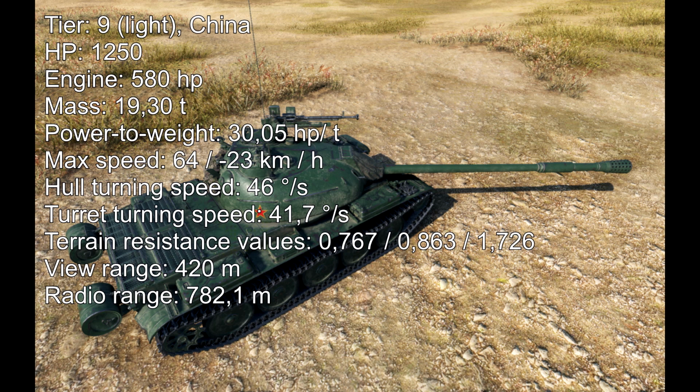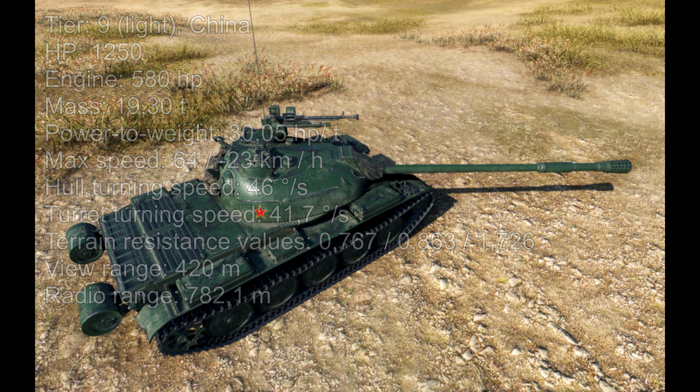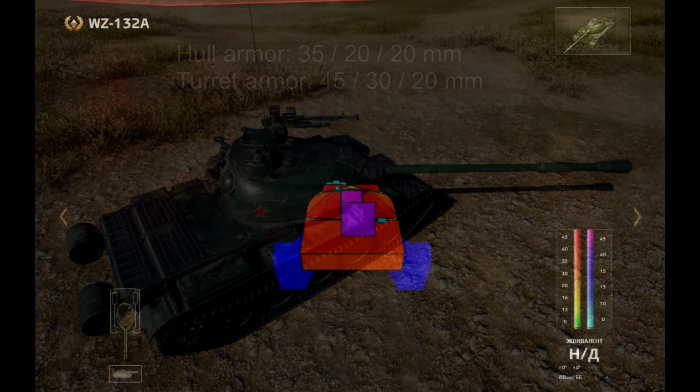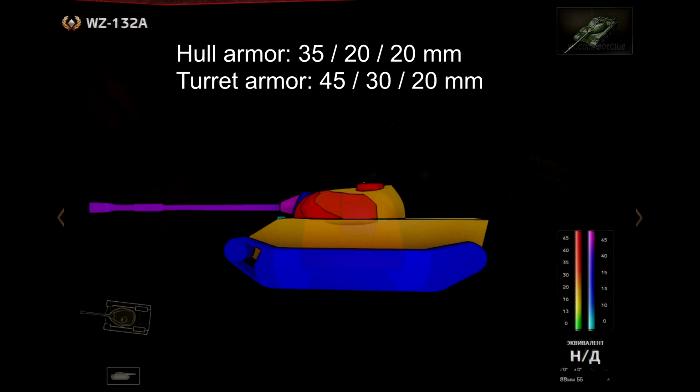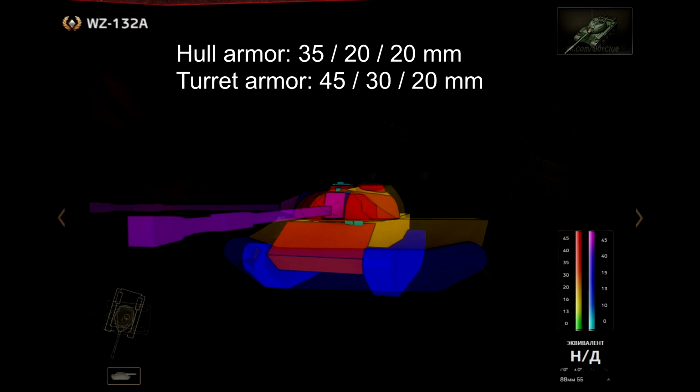As you can see, also fuel range 420 meters, keeps the same, being really strong. And radio range, well, no one cares about that anymore. It stays the same. When it comes to armor, 35mm on the front, 20 on the side of the hull, 45mm on the front of the turret, 30mm on the side of the turret, and 20mm on the back. As you can see, armor will definitely not be the strongest suit of the